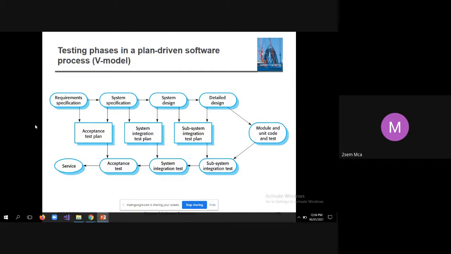Actually, we have divided the phases of SDLC, that is the waterfall model, into subcategories. Then we have designed a methodology so that within a project team there will be so many teams. Say for example, there will be a team which is specialized in documenting the requirements.